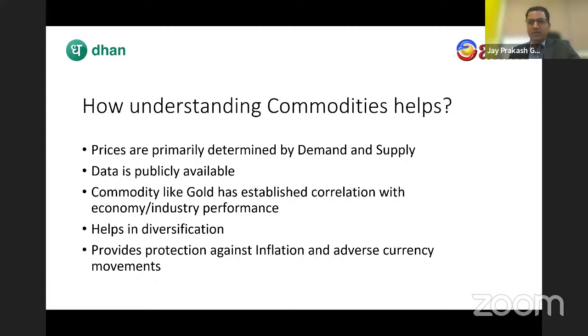Say, for example, copper, right? So copper is an important raw material in a host of industries, from your air conditioner machines to your fans, to your electric vehicles and whatnot. Now, if copper prices are likely to go up because